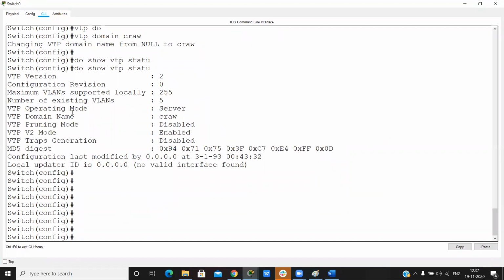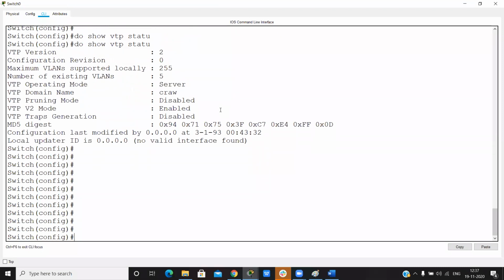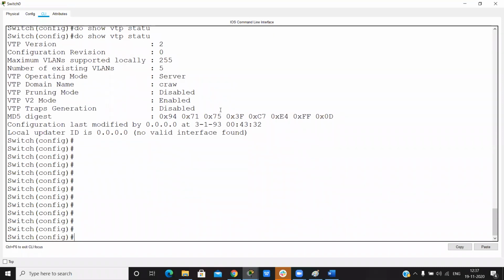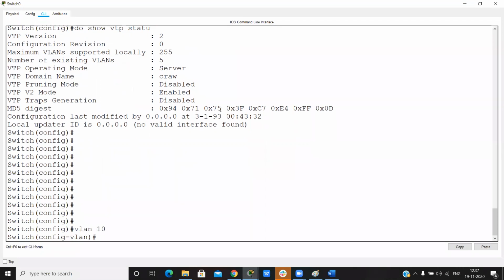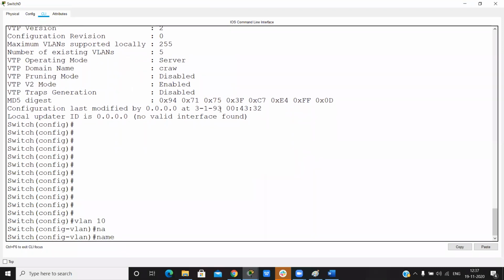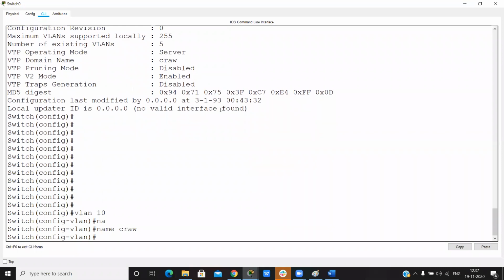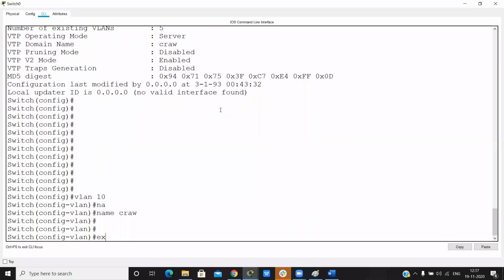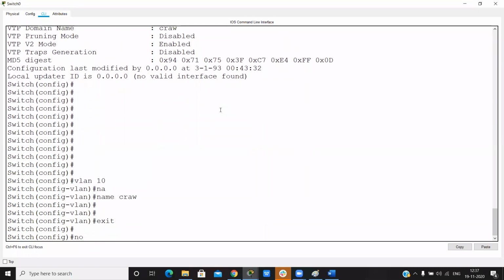By default, all the VTP is in server mode. So in server mode, we can create a VLAN database, modify the name, and if we want to delete, then we can delete the VLAN.